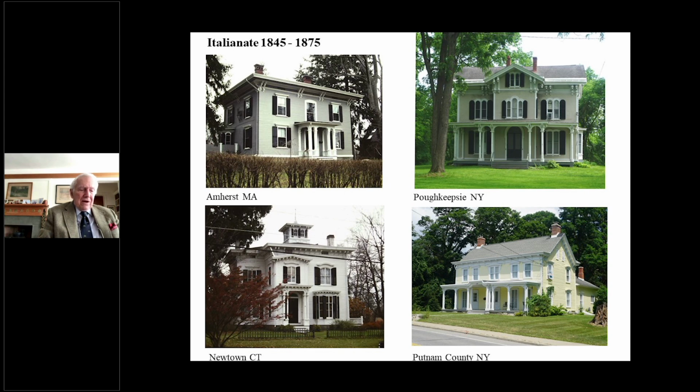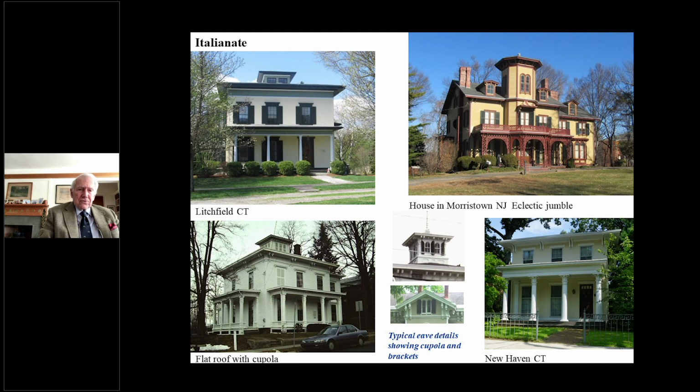But the key identifying feature of all Italianate houses are the brackets prominently featured under the eaves. The boxy house with the shallow pitched roof is often capped with a cupola or a monitor. The attic walls often extend a few feet above the attic floor, allowing room for low windows. These are wonderful houses that can be very plain, like the one in the upper left, and that's in